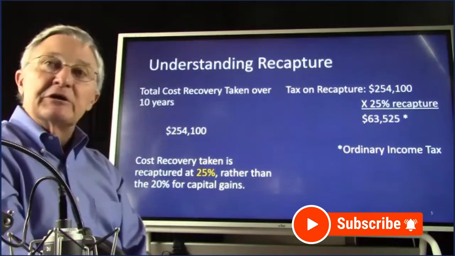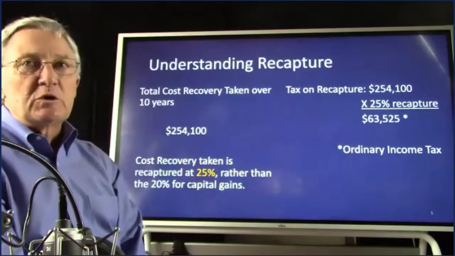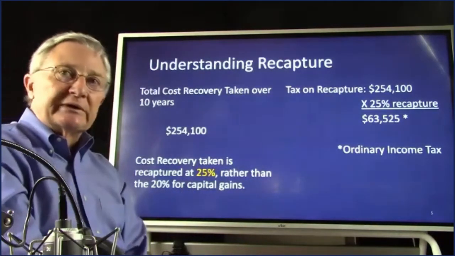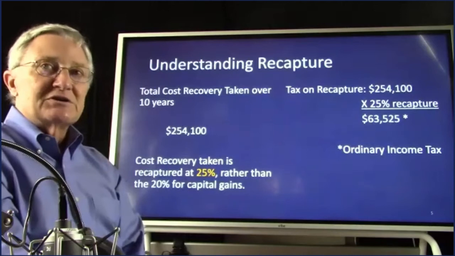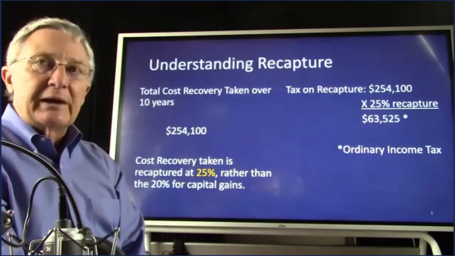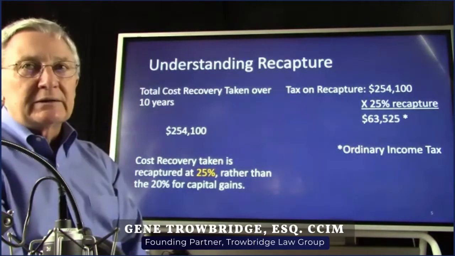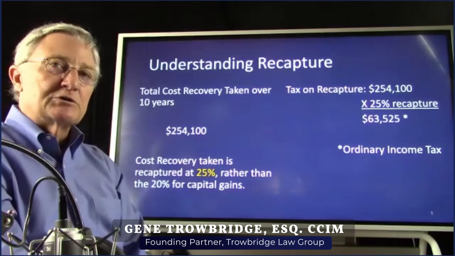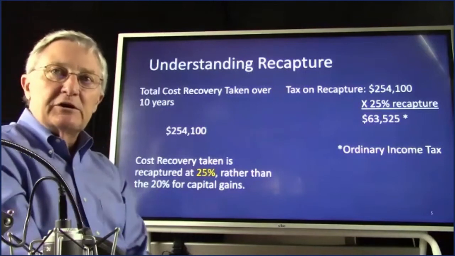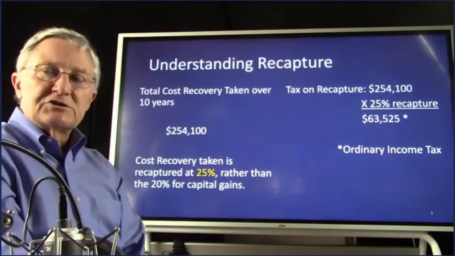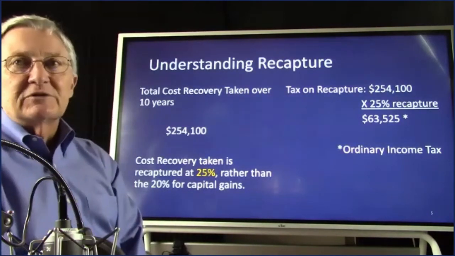Now that can be written off over 5 years. So if that can be written off over 5 or 7, whatever it is, that gives you a huge write-off the first year, really sheltering all the income from the project. But the question is, does that go and shelter other income you have? What we're finding is in cost segregation, more than likely, the losses can't be used because of the passive loss rules. So that's something I think you should also learn about. And so look for my YouTube presentation on understanding and working with passive losses.